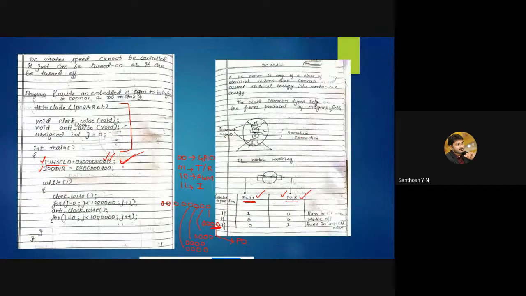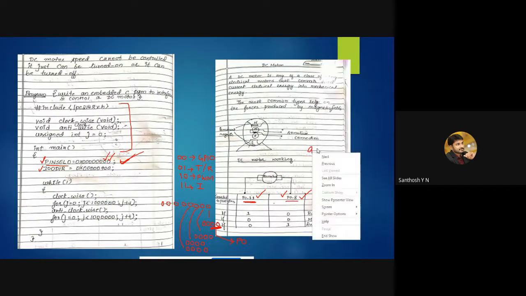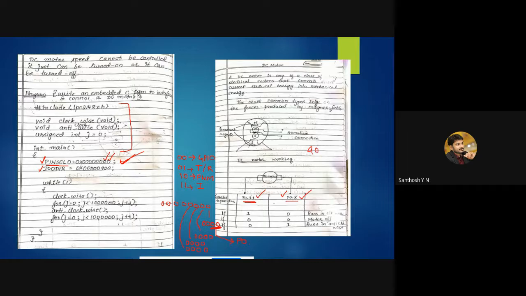I have written the elaboration, right? See here, 900. You convert this 900 to its binary equivalent. 9 means 1 0 0 1, and 0 means 0 0 0 0, and this 0 is elaborated as 0 0 0 0. And why are you choosing IO0DIR? Because you are using the port pins 0.8 and 0.11, therefore I have to use IO0DIR. If it was port 1, I could have used IO1DIR.